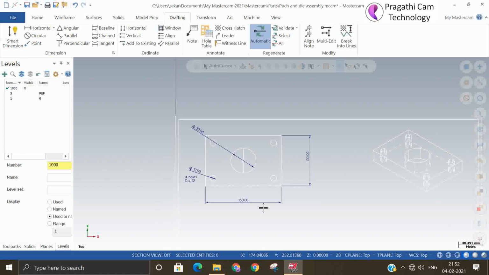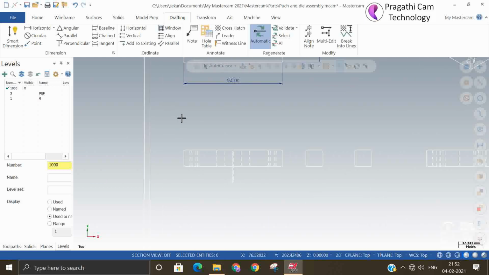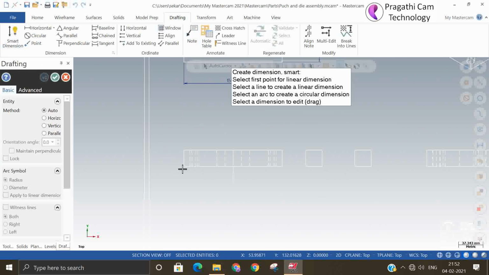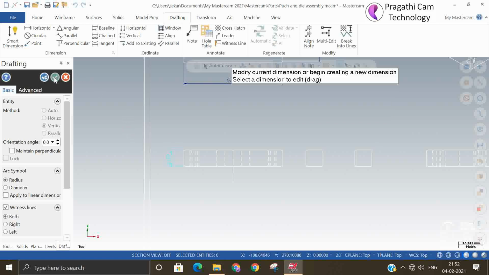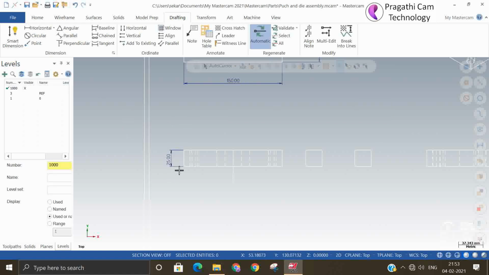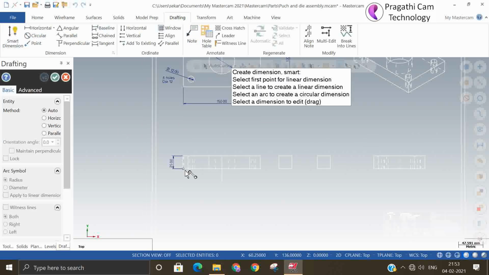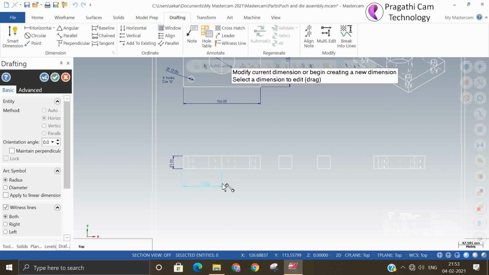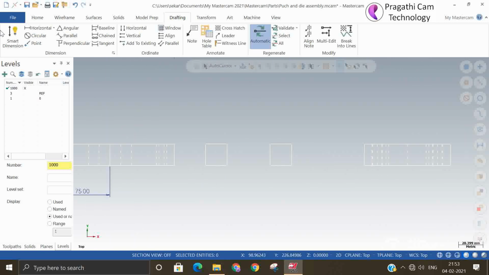So in the next view, you can give the thickness. So you can click on center line, and here you can give the width.